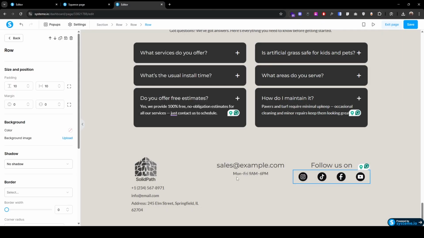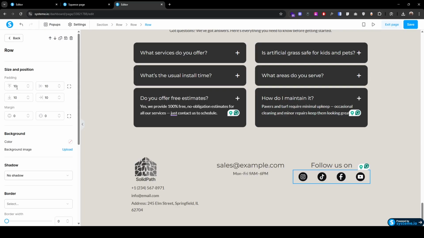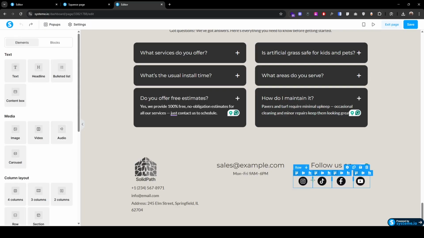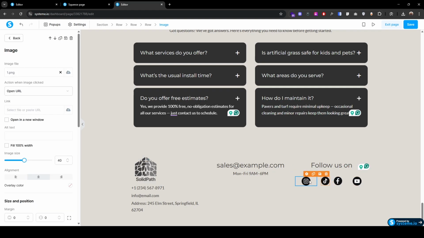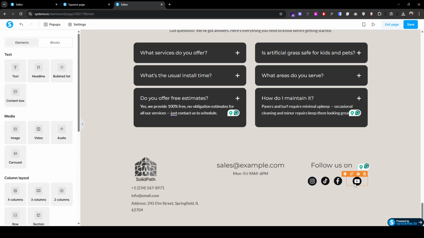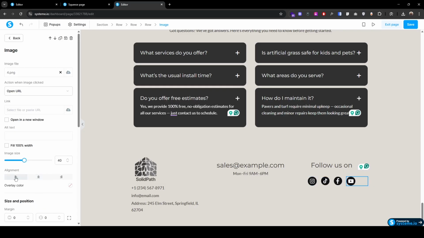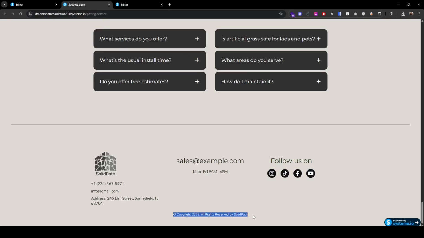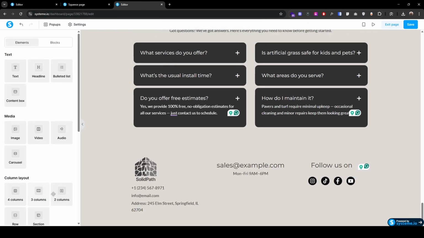Click this row, add some spacing on top, I guess 30. Now let's make it close to each other like this. Move your cursor, then click here, align it left, click here, align it right, let's make it a little smaller. Finally let's add this text, so let's add a 1 column row